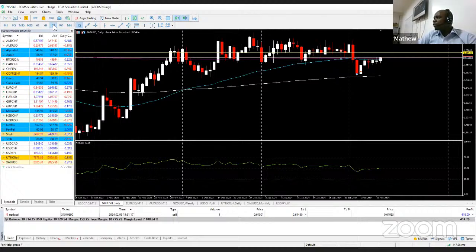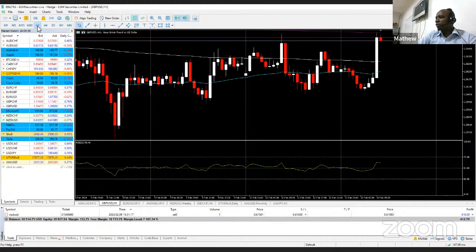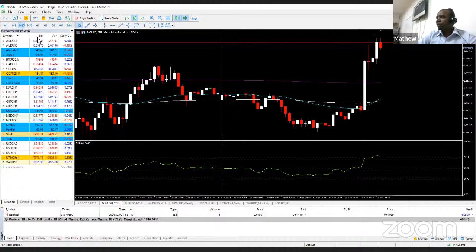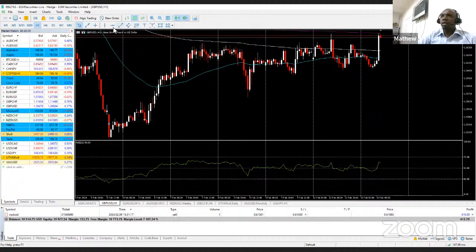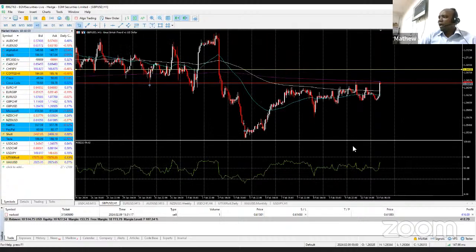So if we were to look at opportunities on GBP USD moving forward, what would be the outlook? Remember, once again, this is purely educational. I would want to see a push to the upside on GBP USD. Remember, GBP USD is very volatile, so getting to 2682 is easy for GU. And then probably after that, maybe we could see a downward push, maybe to these lows, as we go into